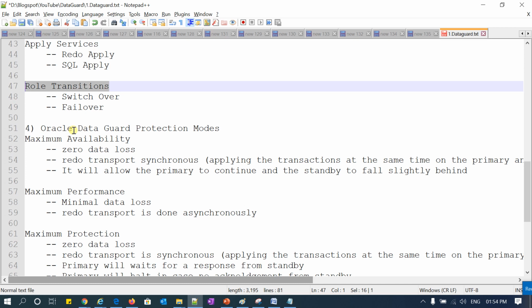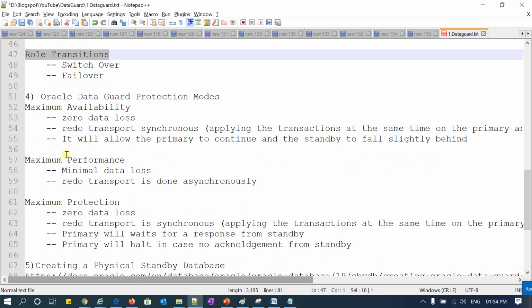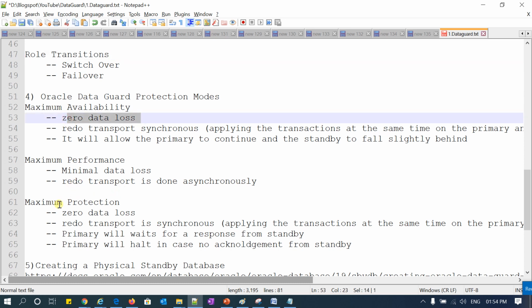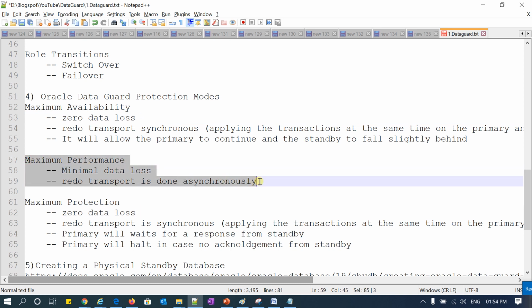What are the Oracle Data Guard protection modes? There are three protection modes: maximum availability, maximum performance, and maximum protection. Maximum availability is zero data loss, maximum protection is zero data loss, and in maximum performance there is minimal data loss. In maximum performance I am worried about my production database performance.